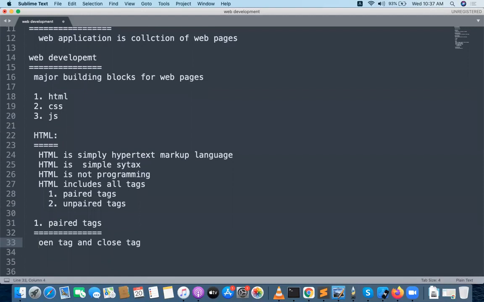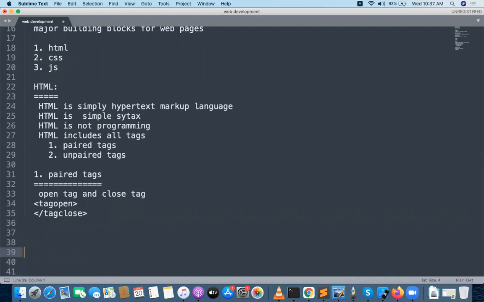For an example, what is an open tag and what is a close tag? I will tell you. Suppose a tag opens like this, and the tag closes like this. I will give you the list of paired tags and unpaired tags later.